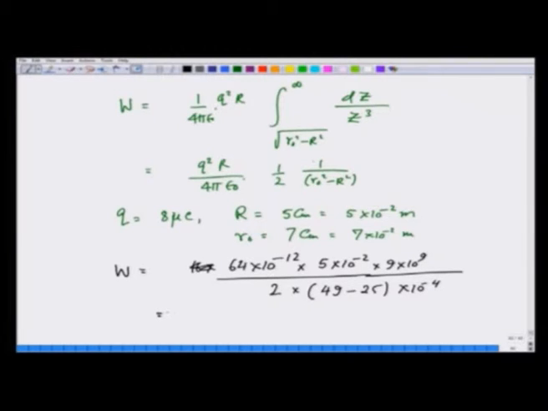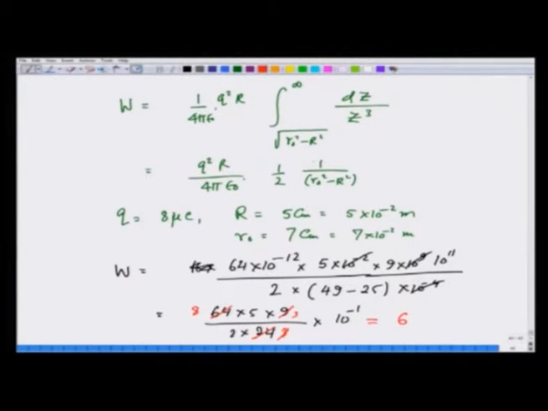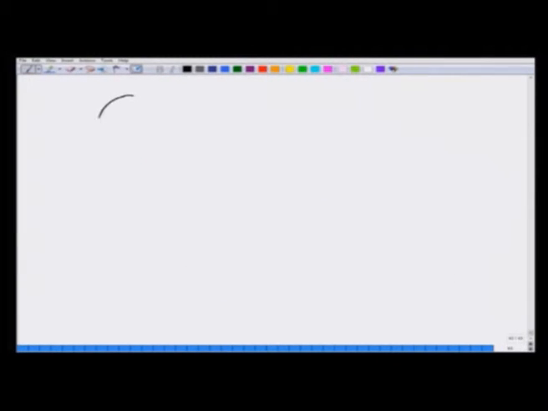So, this comes out to be 64 times 5 times 9 divided by 2 times 24 times 10 raised to, let us see, 10 raised to minus 4, 10 raised to 2, 10 raised to 11, 10 raised to minus 1. So, 3, 8, 3. So, which comes out to be 6.0 joules. So, what we have shown is that if I have this metallic sphere which is grounded, and if